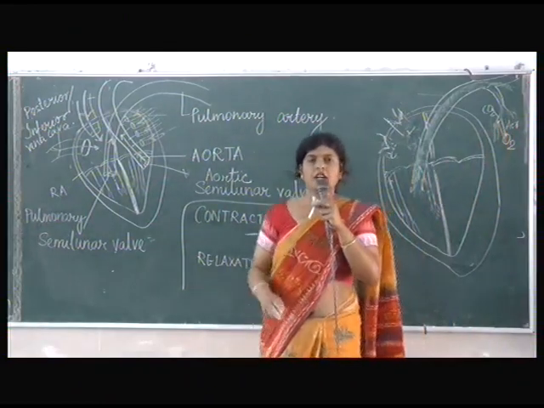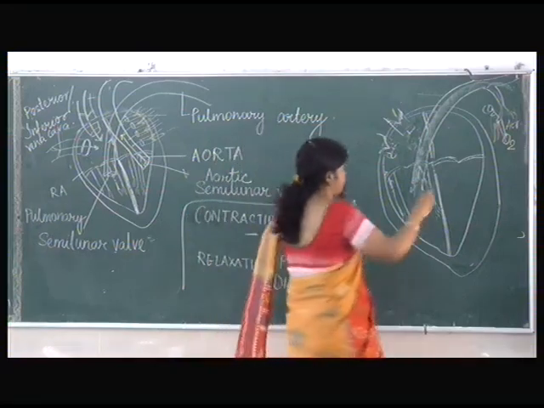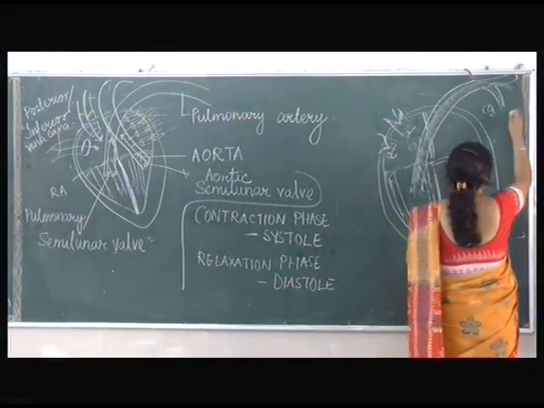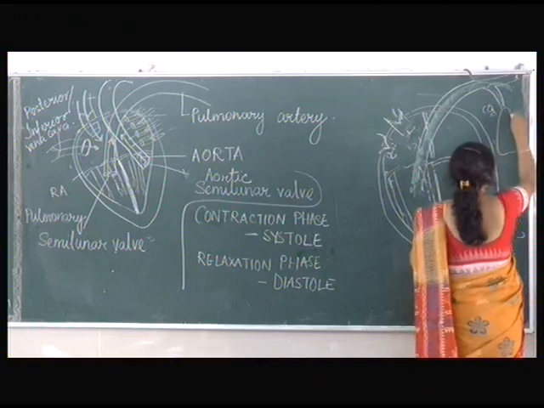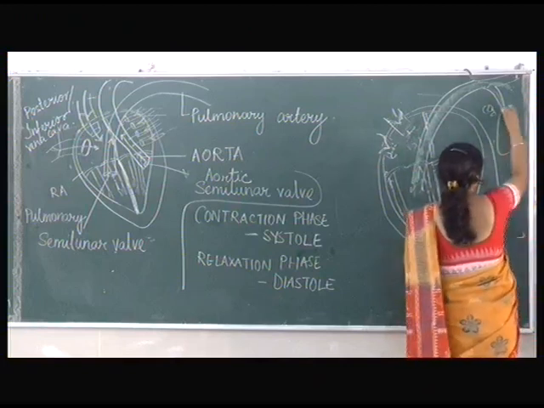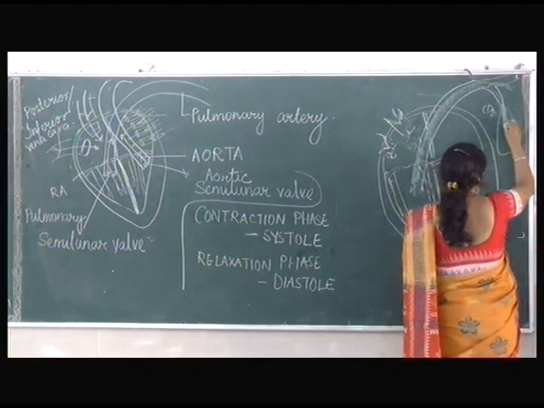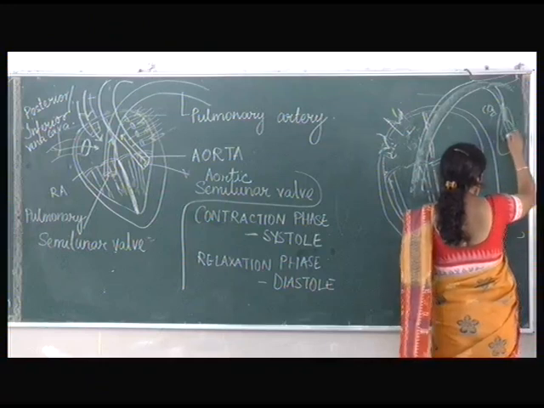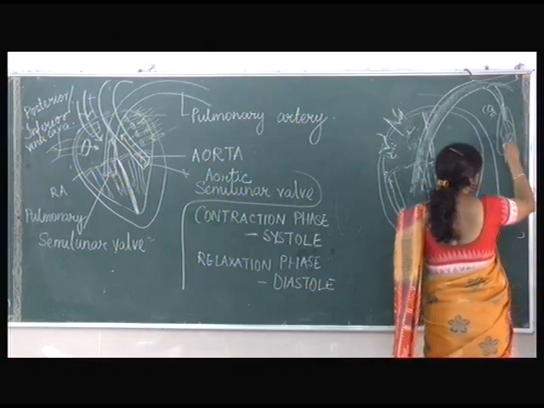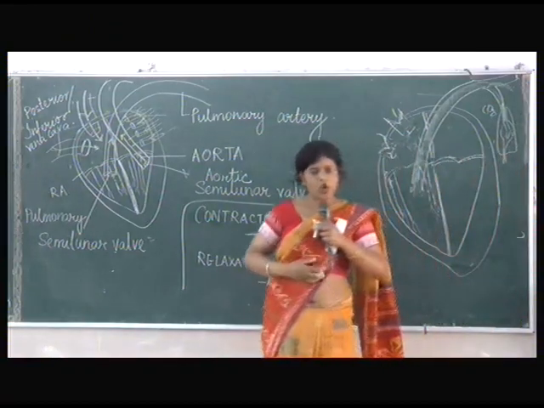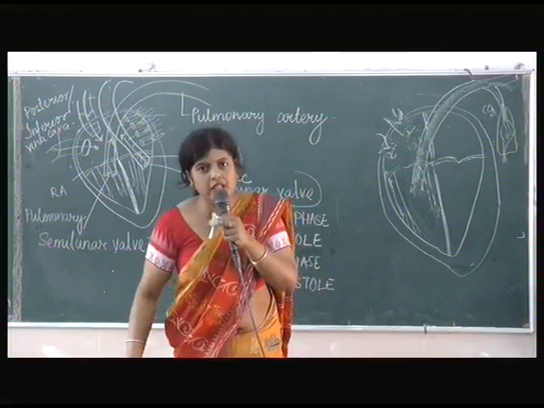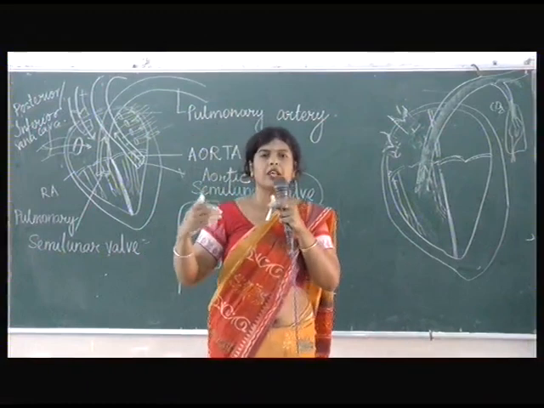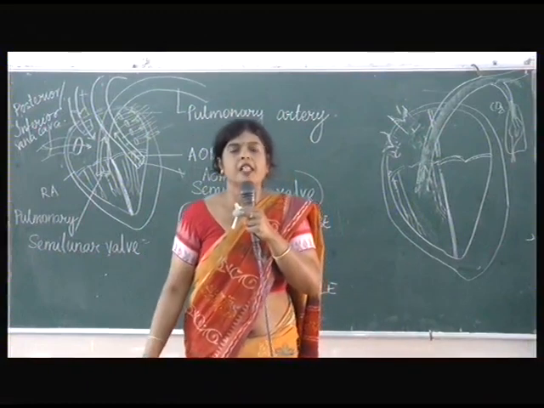And from each lung, just a basic thing I'll repeat, one lung only I'm showing you. This is one lung. Is it all right? Deoxygenated blood has entered. In the capillaries it has got oxygenated, and it is coming out as a vein. Is it clear? Capillaries join to form a vein. Is it clear? And from each lung come out 2 veins. Is it clear? So we have 2 lungs, so 2 from each lung, that means 4. What vein is this? This is the pulmonary vein.